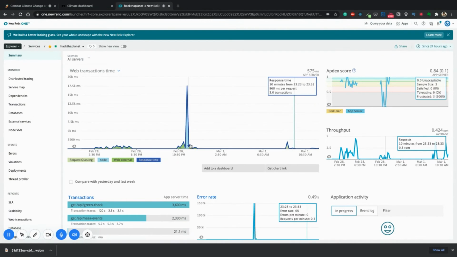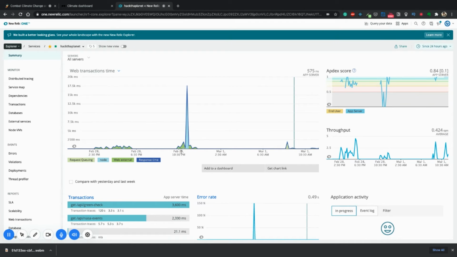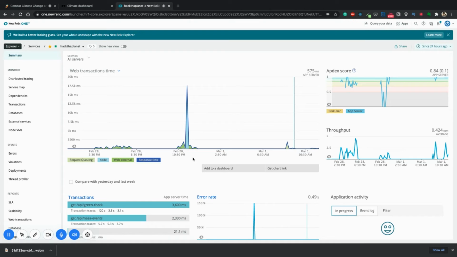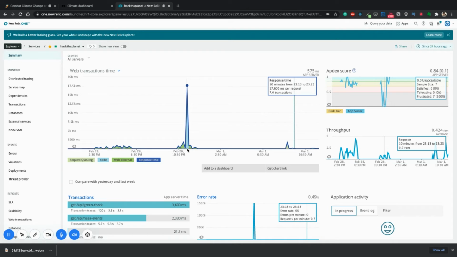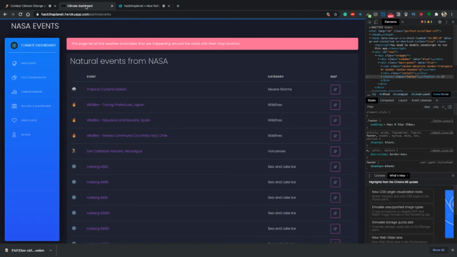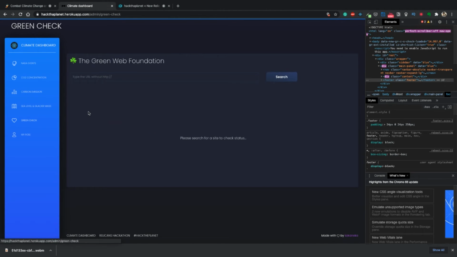We see quite a peculiar tower here, around yesterday's time IST, and I can see it's taking quite a lot of time in the node layer. This led me to a nice discovery of a bug that was happening on my end. I was thinking the green check API was taking a lot of time and returning a response quite late. But what happened was,